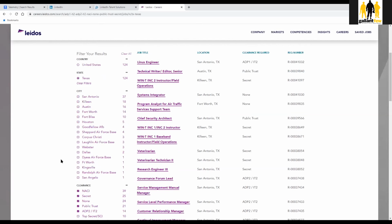One thing to keep in mind with city is that it will list sometimes the city or town. Sometimes there will be a specific military installation listed. So there are sometimes cases where we might list the city, but the work still might actually be on base or on post. But generally speaking, the reason it's set up this way is so that you can identify whether this work is actually on the installation, or in just a nearby location. So maybe you're supporting a customer that's on base or on post, but your particular work environment is going to be at a Leidos building outside the gate, so to speak. So again, this gives you a way to narrow things